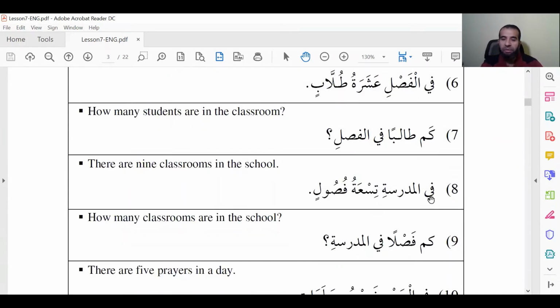8. في المدرسة 9 فصول. The plural of فصل is فصول. في المدرسة 9 فصول. The question is كم فصلا في المدرسة؟